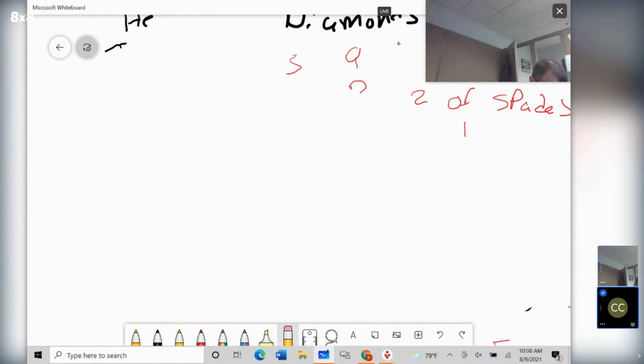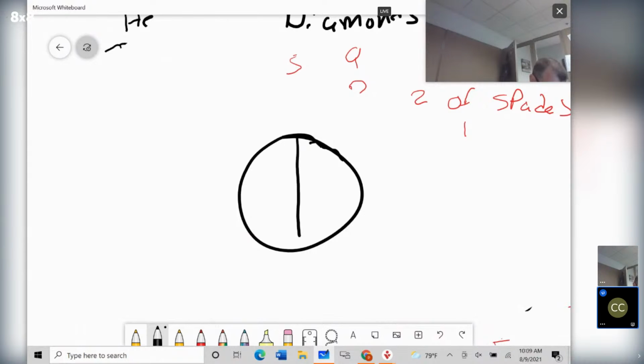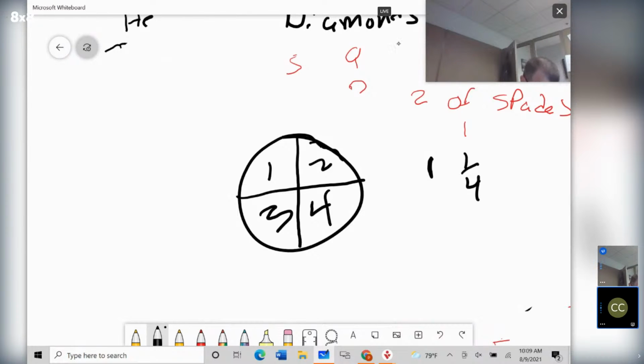Similar if, let me show you, if we do like a spinner, if I do a circle, and we have 1, 2, 3, 4, and you have like a spinner in the middle, and you spin it around, you think, okay, there's 4 probabilities, so chance of landing on 1 would be 1 out of 4 times. Chances of landing on 2 would be 1 out of 4 times. Chances of landing on 3 would be 1 out of 4 times. It's similar to 4. It'd be 1 out of 4 times.